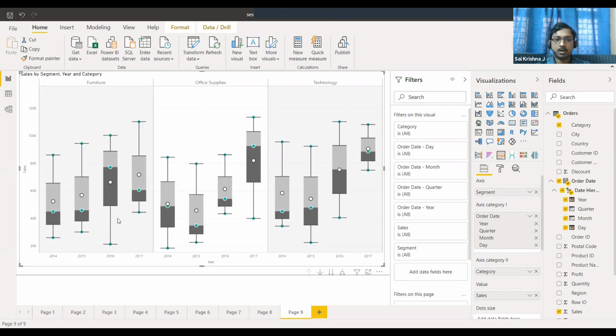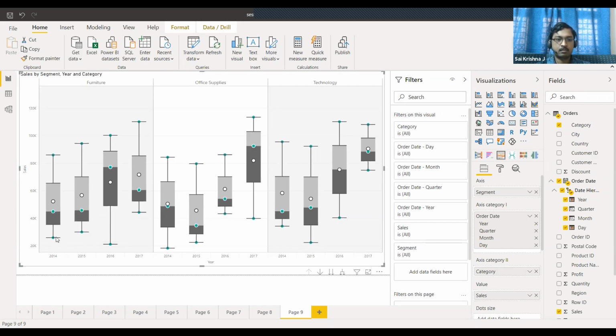Now when I said distribution of a particular variable, typically what it means is the minimum value, the maximum value, and the percentile values. If you see the box whisker plot, the bottommost whisker, sales is 26,000. That will be the minimum sales value for the home office category in 2014.